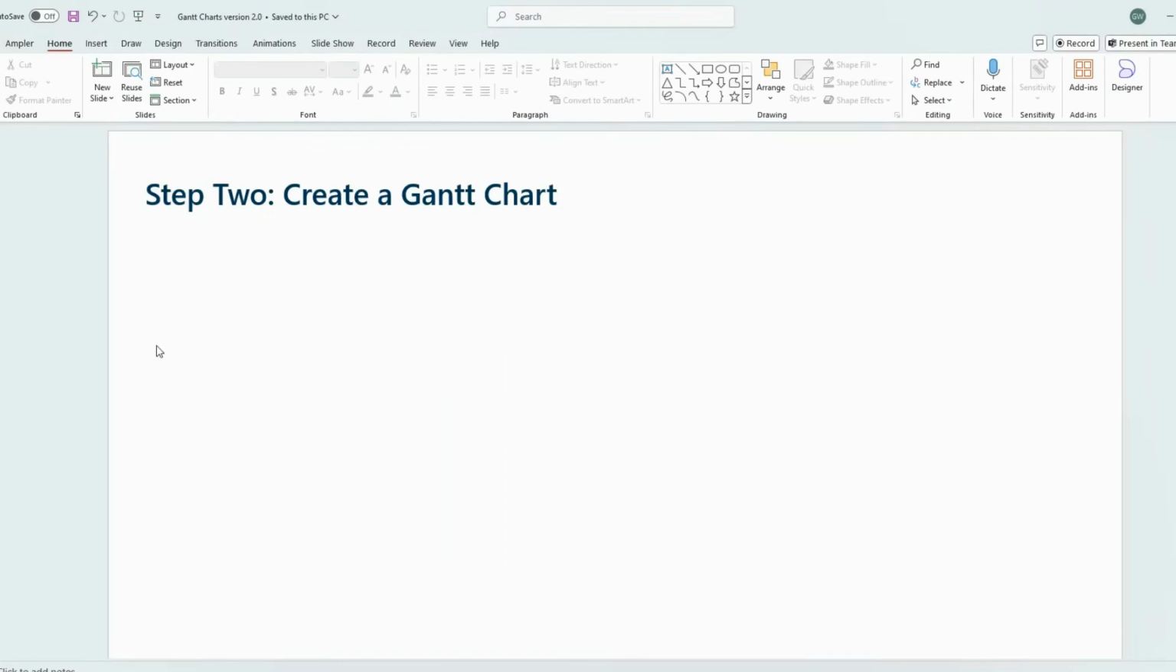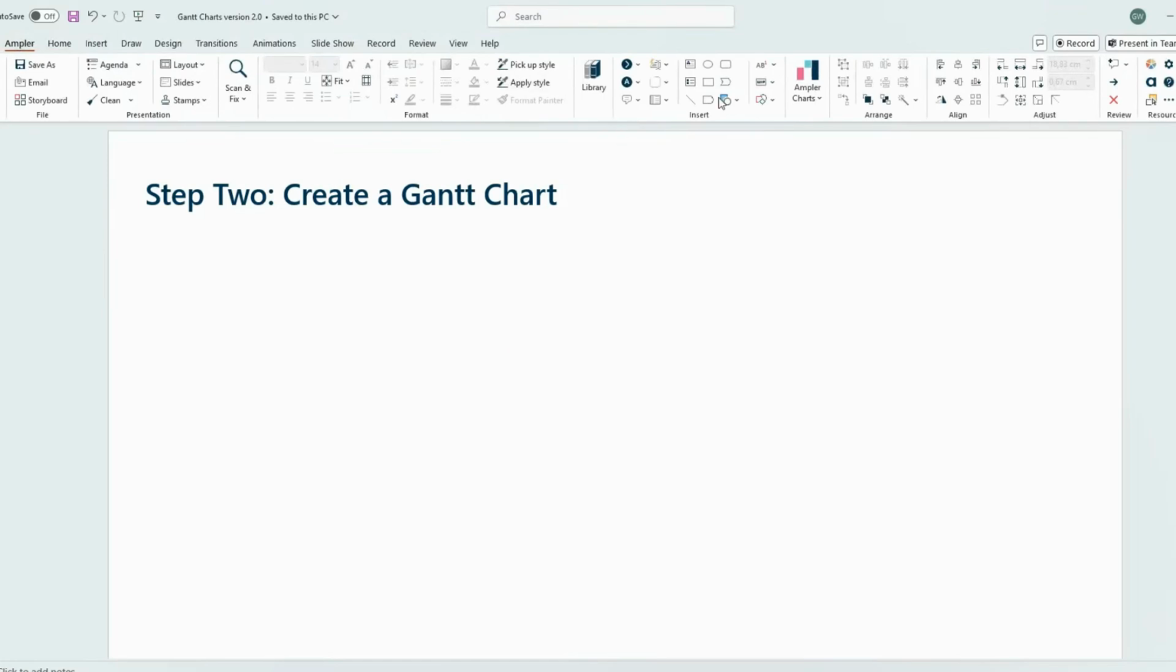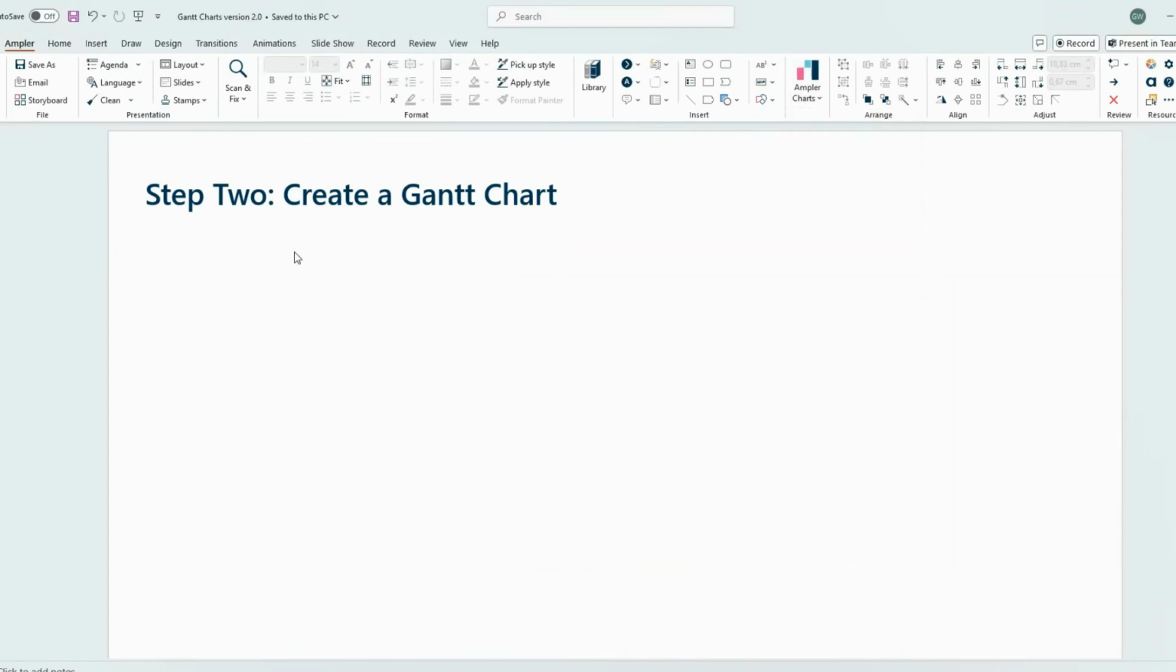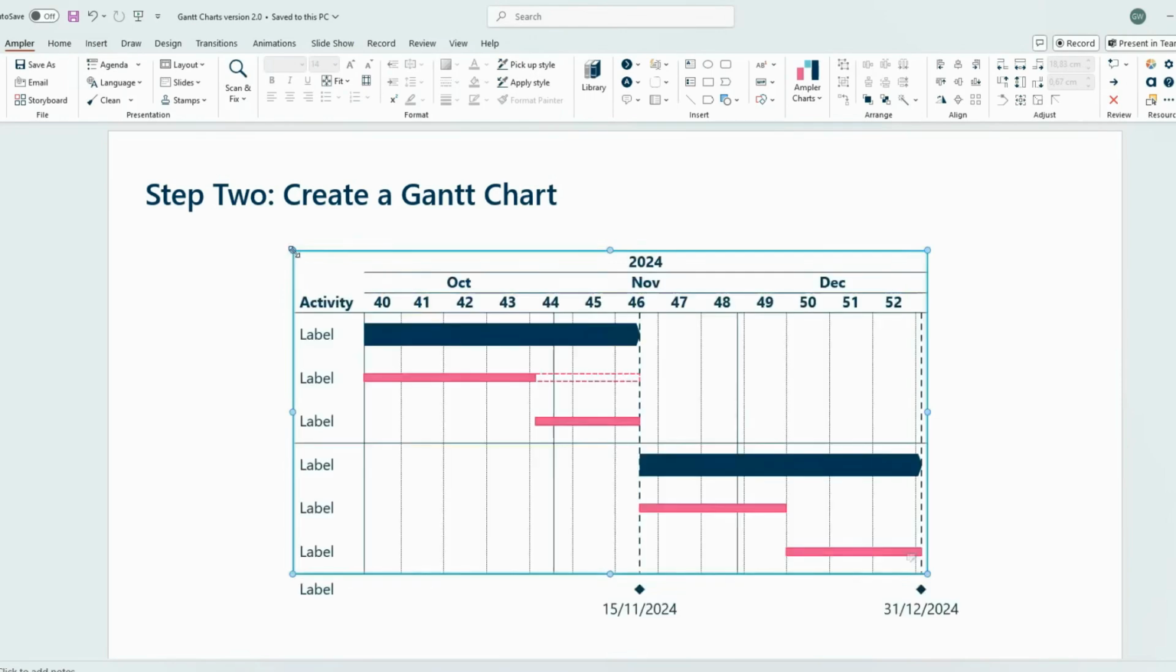In Ampler, creating Gantt charts is straightforward. Click on the Ampler ribbon, select Ampler charts and insert in PowerPoint. A Gantt chart will instantly appear with a predetermined project timeline, activities, bars, and milestones. All of these elements can easily be customized to fit your preferred look and project timeline, as we will cover